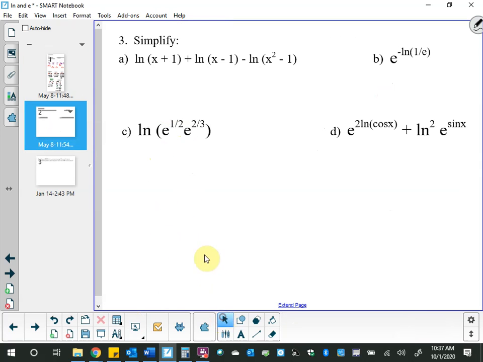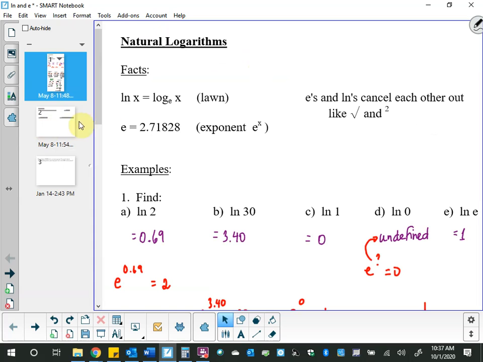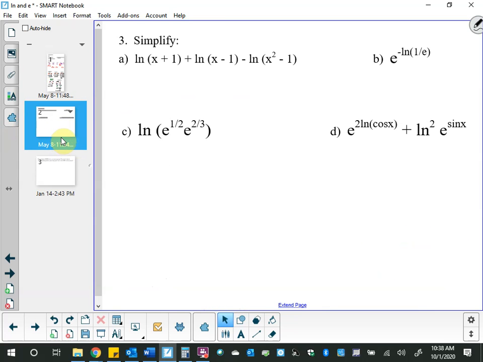Okay, onward and upward. These questions are to simplify. That implies that you are going to use logarithm rules to simplify, because ln is a special logarithm. So all the rules, the law of powers, the law of multiplication or addition, the law of division or subtraction, all those rules work as long as you remember how to use them, which is